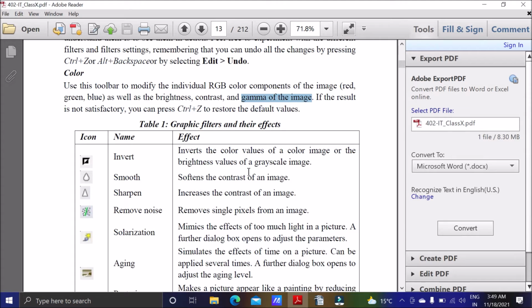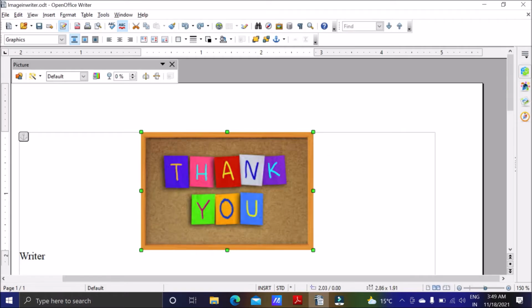So let's see the color toolbar. So this is our color toolbar, and here we can change the RGB color red, green, blue. We can change the brightness, contrast and gamma of the image. So suppose I change the redness of the image, it will become red.